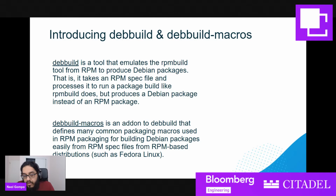But the resulting output is that it produces a deb instead of an RPM archive, and the metadata is reformatted to be something that Debian systems expect. Debbuild-macros is an add-on to debbuild that defines many common packaging macros used in RPM packaging. Often, most of them are actually inspired by or copied from Fedora Linux. So it makes it easy for you to take a Fedora package and then with minor tweaks, or maybe in some cases no tweaks at all, you can run it again and it will actually produce you a valid package